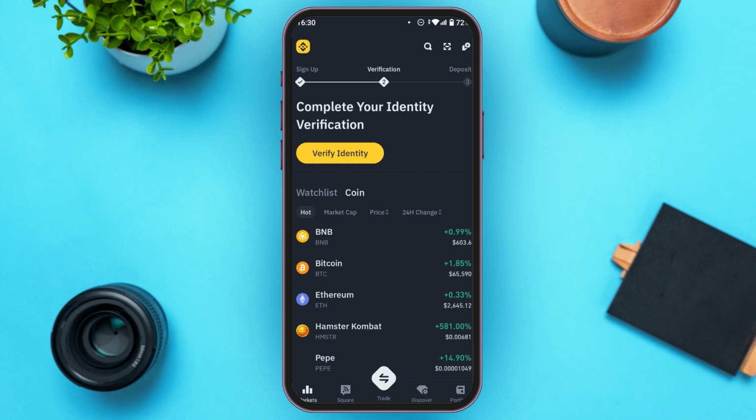You can see over here Binance has been opened. So in order to transfer your crypto, first of all your Binance account should be verified. If your identity verification is not completed, you'll not be able to do it. You can see over here my identity verification is not completed due to my reason, but I'll guide you through